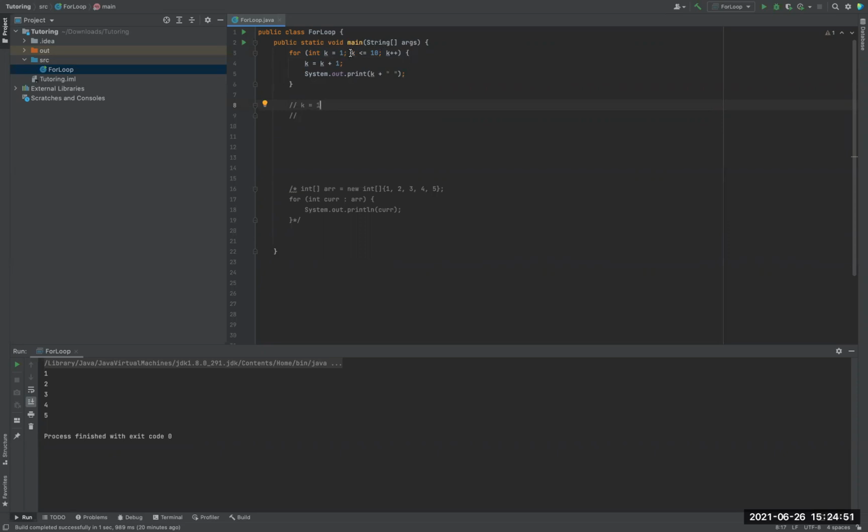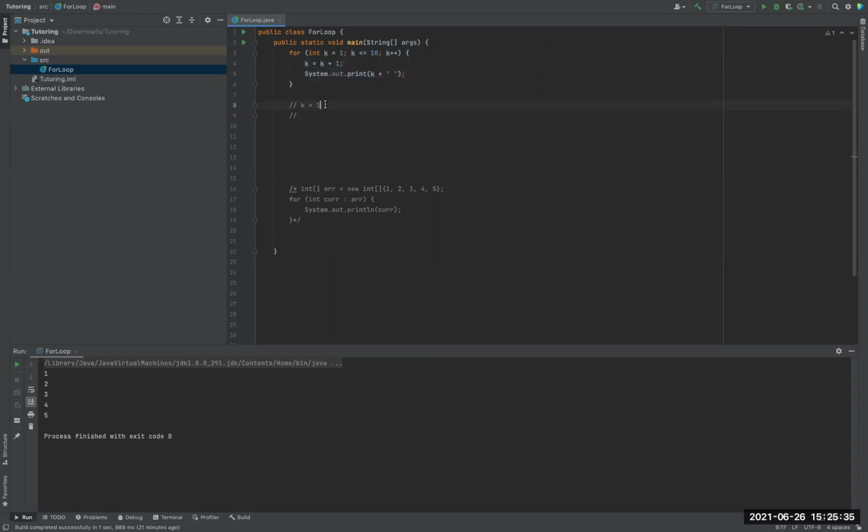Now let's talk about the second statement. The second statement specifies a stopping condition for this for loop. We don't want this block of code to be running forever. So we have a Boolean statement, k is less than or equal to 10, so that when k becomes larger than 10, we stop this for loop. So this second statement specifies how long we want the for loop to run. So Java asks itself, is k less than or equal to 10? Is 1 less than or equal to 10? Well, yes, it is. So we go inside of the body of the for loop,